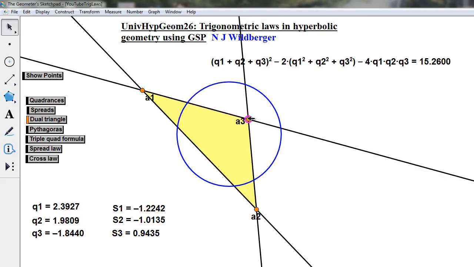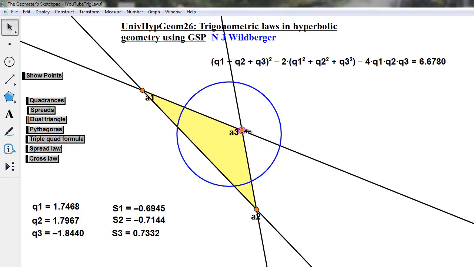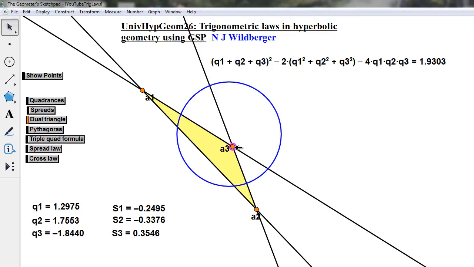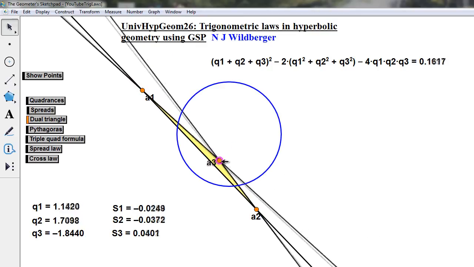It's supposed to be 0. This quantity is supposed to be 0 if the 3 points are collinear. So let's see if that happens. If we move the points closer to being collinear,